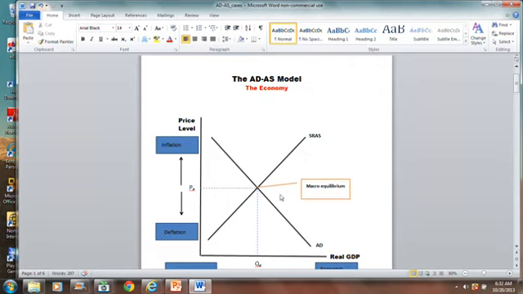Now, where the two curves intersect, it gives us the point of macroeconomic equilibrium. And so where the aggregate demand curve and the aggregate supply curve intersect, it will correspond to an equilibrium price level and an equilibrium level of real GDP. Now, what's interesting here, because we're studying the economy, is that when